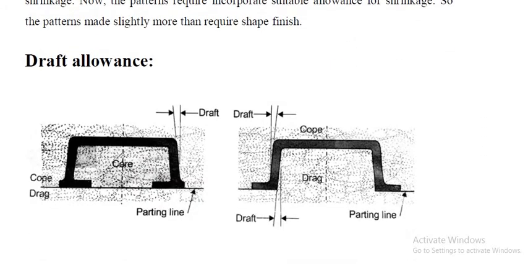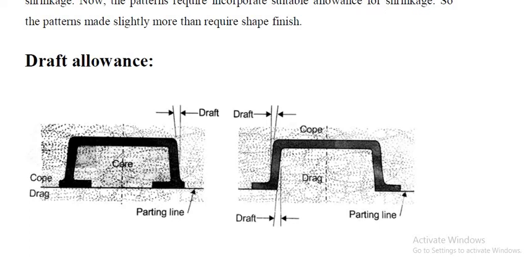And this one is the draft allowance. Why is draft allowance required? You see, when the pattern is taken out of the mold cavity, what happens when it is coming out? If there is no angle like that, the pattern might break. When the mold, that means the casting, is taken out of the mold cavity, it might break. So that the pattern or the casting can easily be removed from the mold cavity,